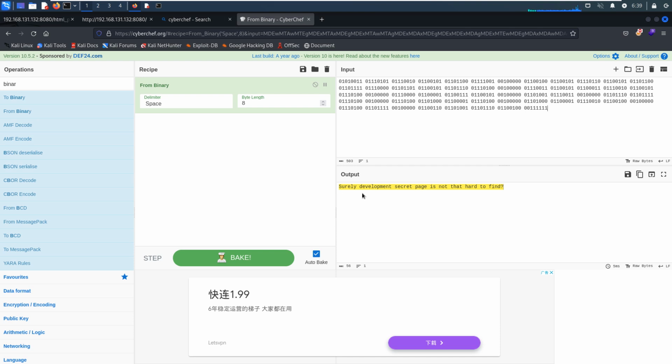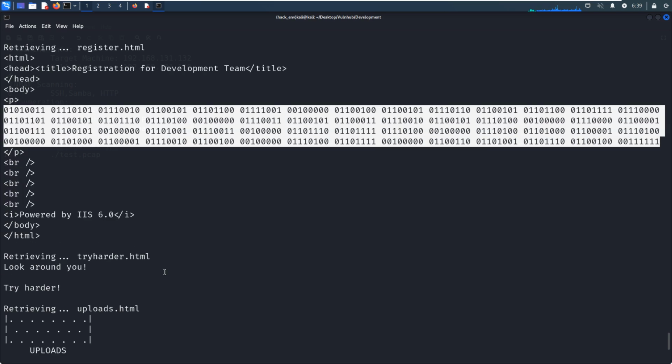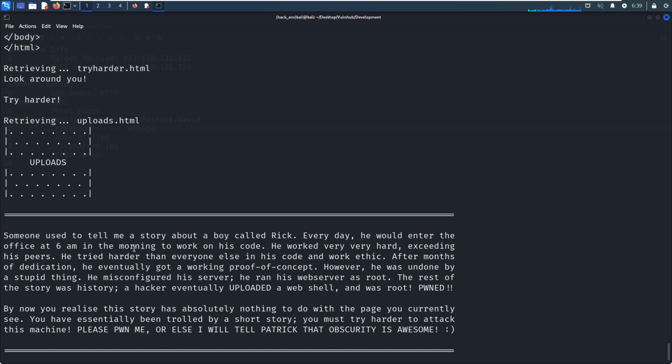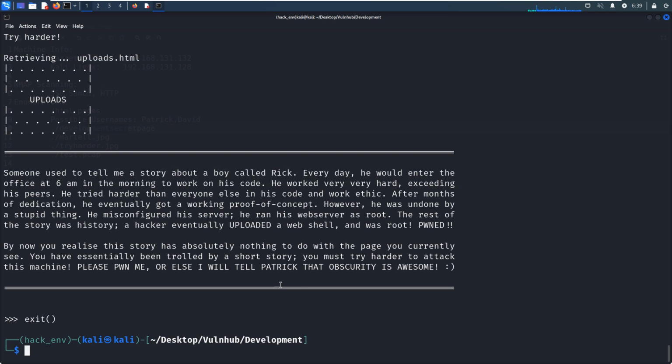Just some description. Surely the development secret page is not that hard to find. I think we have already found the development secret page. Yeah, this one. And the next, look around. So uploads, blah, blah, blah, but not very important. So I think now we can exit from Python.